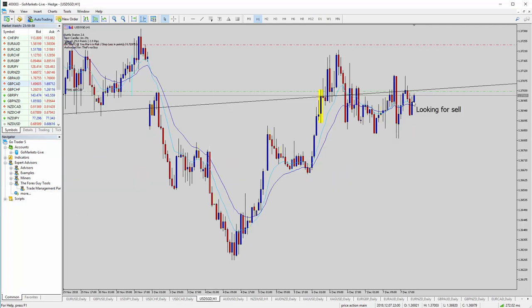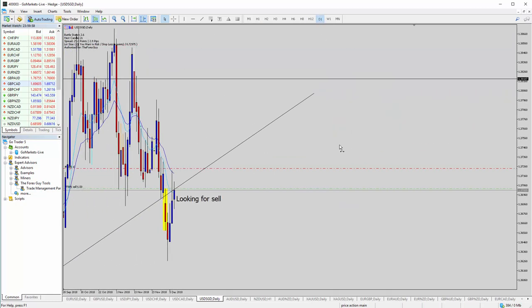US dollar Singapore dollar, I had this trade going on here. Left that note there. I was just seeing what was happening on the intraday chart, and you can see it's quite a big mess. So let's check the daily. So daily,